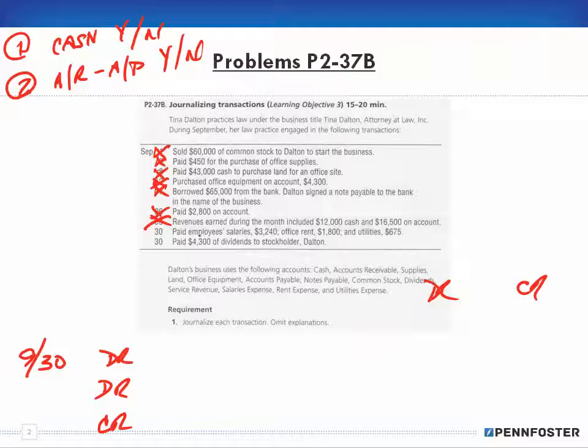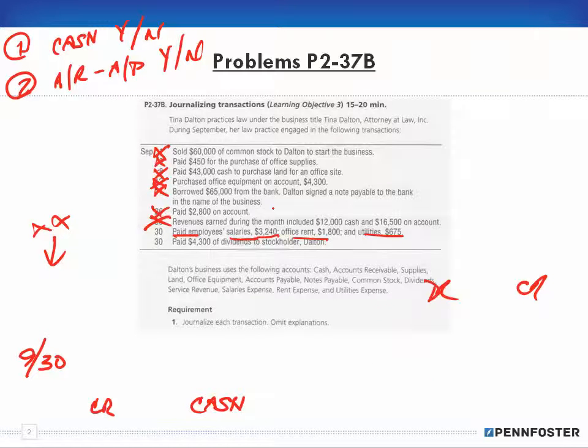Okay. So the next transaction says paid employee salaries, 3,240, office rent 1,800, and utilities 675. So this here is kind of like the same thing again. I can make separate transactions here. All right. So since I'm going to be paying out cash, here's my cash, and I'm going to be decreasing my cash. Well, if I'm decreasing my cash, that means I'm going to credit my cash